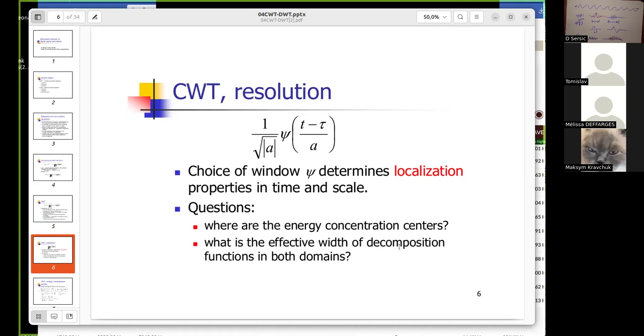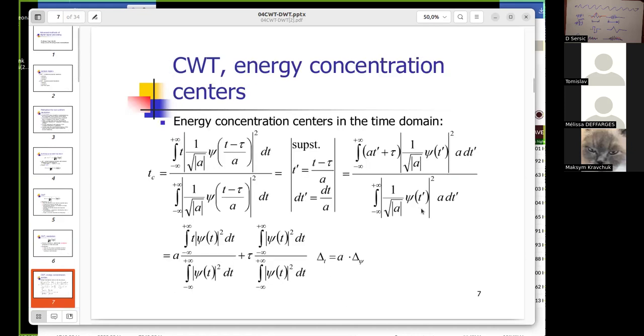I will go a little bit faster. I will just show you the slides. So if you calculate the energy concentration centers, after some time you will see that it depends on scale A, not only: the center depends on tau and A as well. After some substitution, you will see that